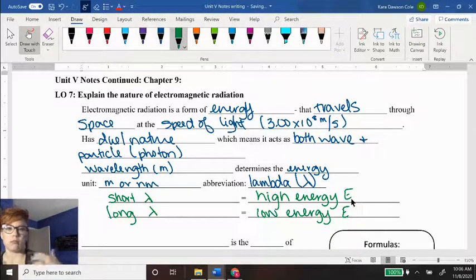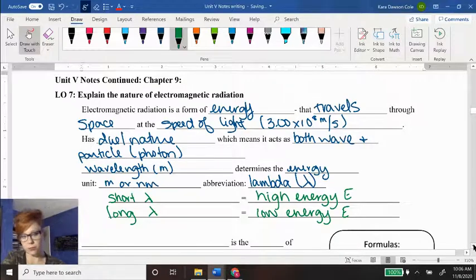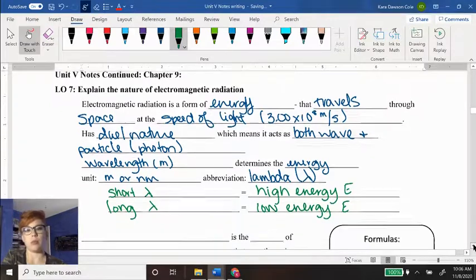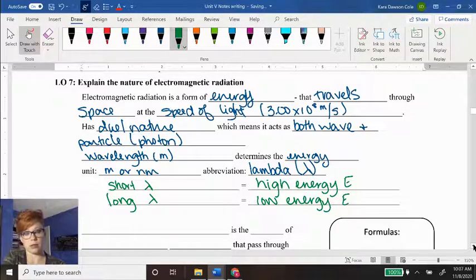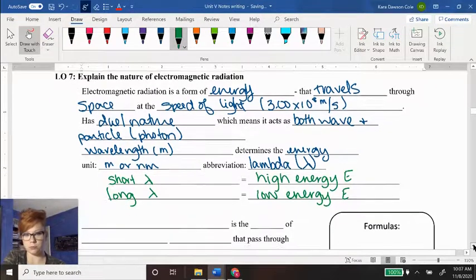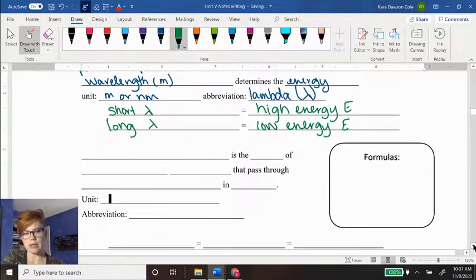So again, energy that travels through space at the speed of light is electromagnetic radiation. It has a dual nature. It is both a wave and a particle, which we call a photon. It has the quantity of wavelength, which determines the energy, and it is measured in meters or nanometers. It is abbreviated as lambda, the Greek letter lambda. The second